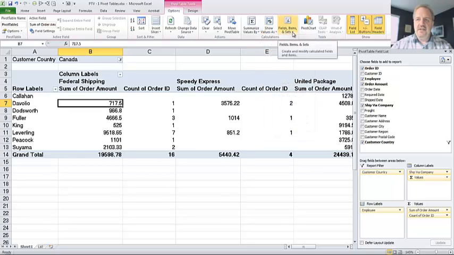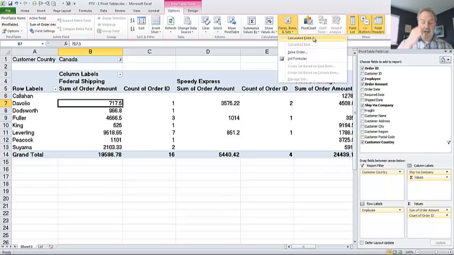I've also got this last little thing here, and that is the calculated field. Calculated field allows you to add something to your data that didn't exist, but is based on something that's already there. One of the first rules of database design is that you never store anything that's calculable. For instance, if you have somebody's birth date, you can very quickly calculate their age, and that is something that you'll not want to store because it's going to change every year. So what we do is we store the thing that doesn't change, their birth date, and then